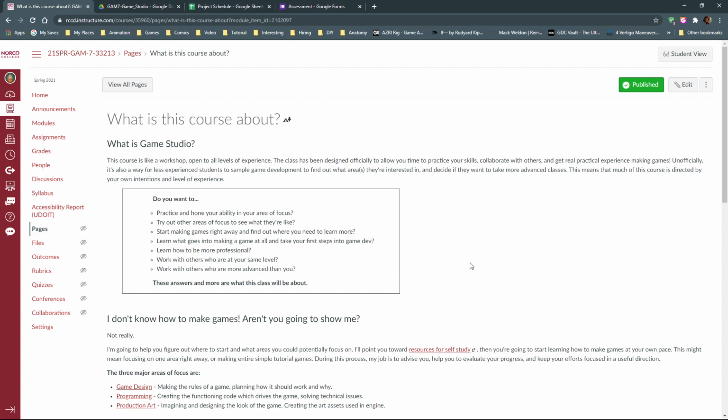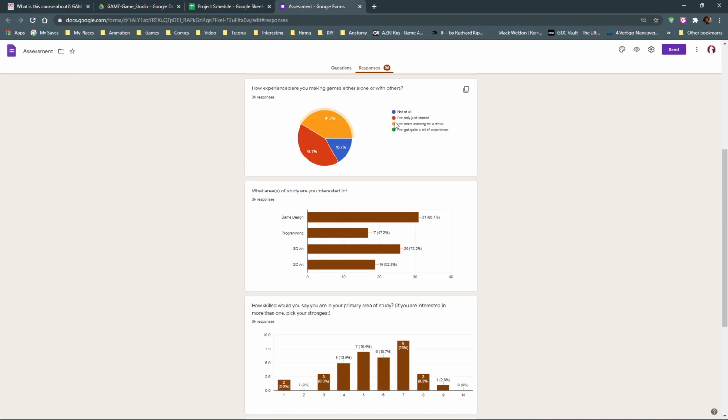So essentially, if you are more advanced, and according to our survey, I'm going to just say the yellow people, we'll just call them advanced, about half of the class knows enough of what they're doing to do their part in a game development project. So that might mean writing scripts, that might mean designing game mechanics, that might mean providing 2D or 3D art for a game. And if you are right on the cusp of those things but not quite, then there's a place for you here too, where you can just learn how to fully integrate something into a game project.